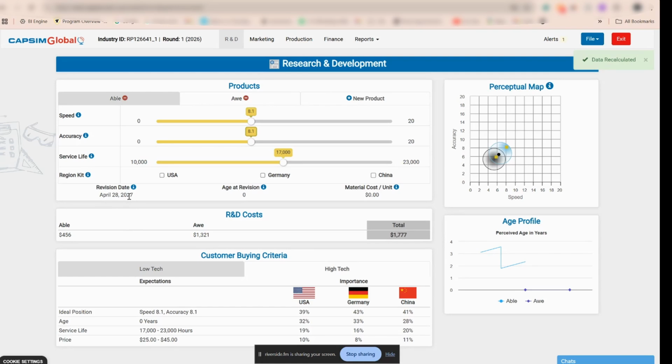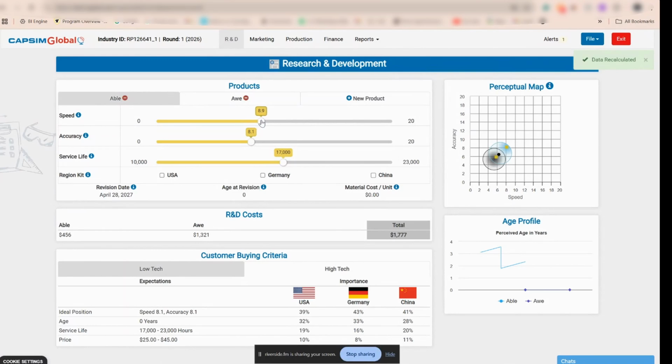Now, it takes 1 year for the product to be ready, right? But guess what? It's going to be available in April of 2027. So for the first 3 months of 2027, it's not going to be in the market. This is now thinking about round two, right? But in round two, if you remember, I mentioned the ID position moves by 0.7. So in round two, the ID position will be 8.8, not 8.1. So if it's not going to be ready in 2026 when the ID position is 8.1, it's ready in 2027,